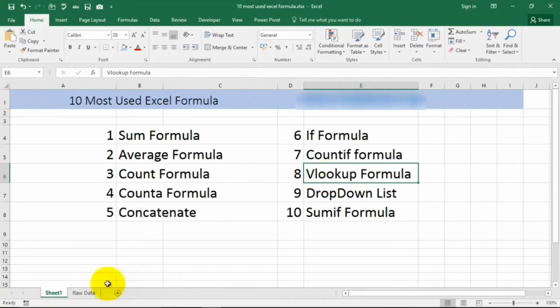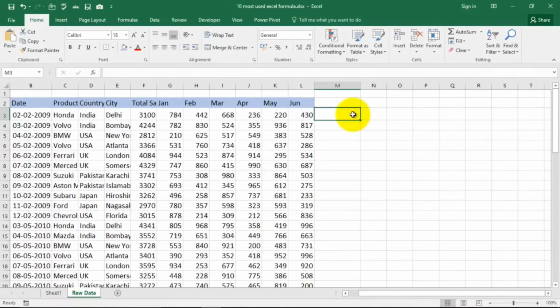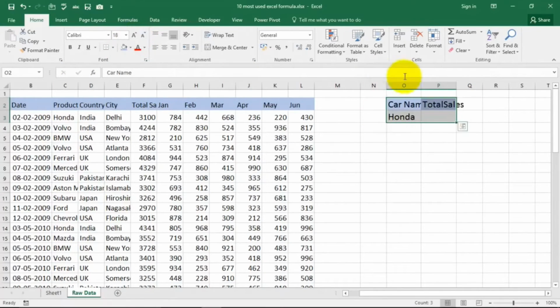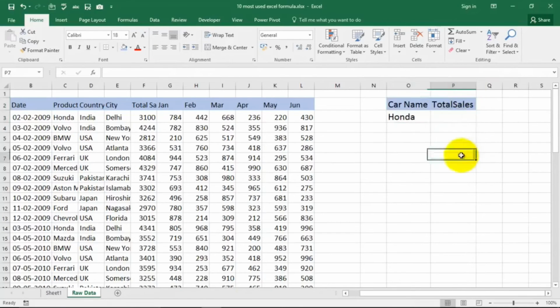So let's learn VLOOKUP now. For VLOOKUP, say we want to have our names over here. Let's take this example. We want to find out the total sales, and let me have only one name. I'm mentioning the header for you, total sales, and I give it a space and some bigger size. There we are. Okay, for Honda,